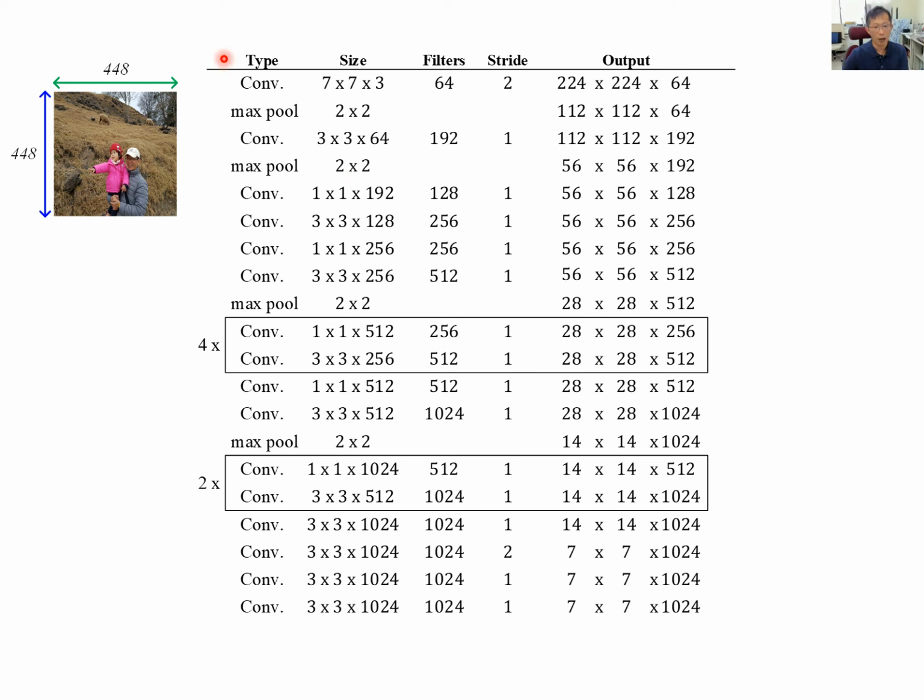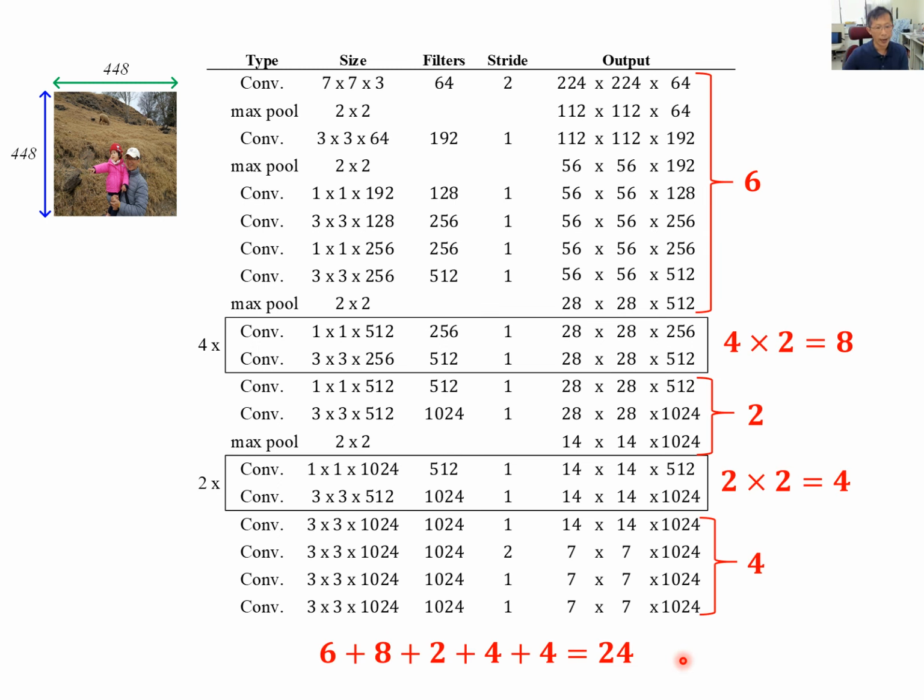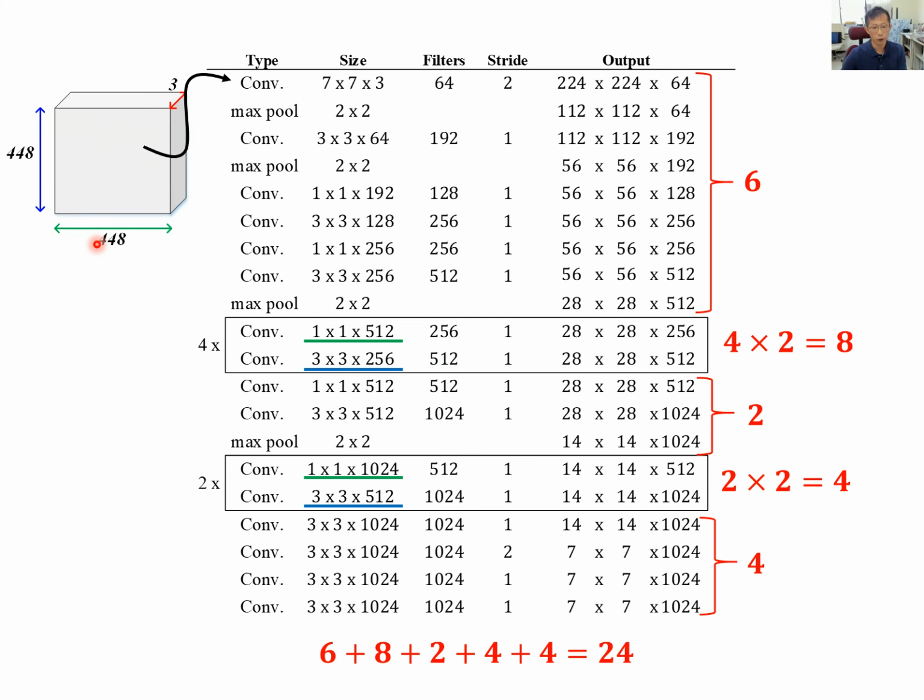This table lists all convolutional layers in the YOLO v1 network architecture for feature iteration. It totally has 24 layers. As mentioned, this network architecture uses 1x1 kernels for feature reduction, followed by 3x3 convolutional layers. For an input color image with 3 channels, passing through these 24 convolution layers outputs a 7x7 by 1024 feature map.